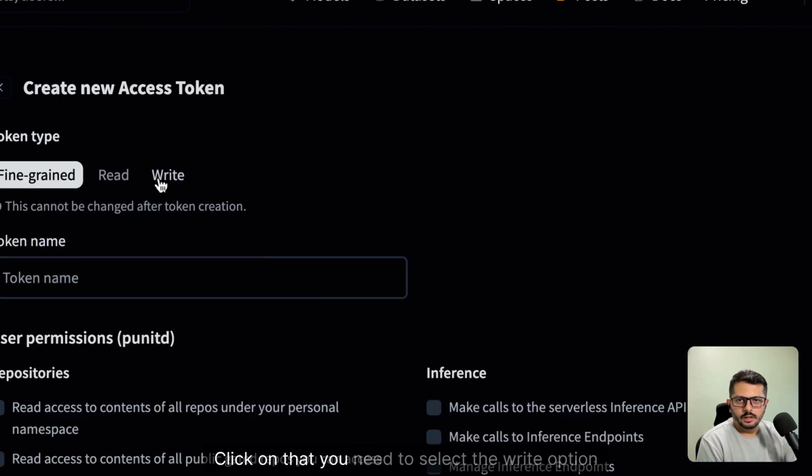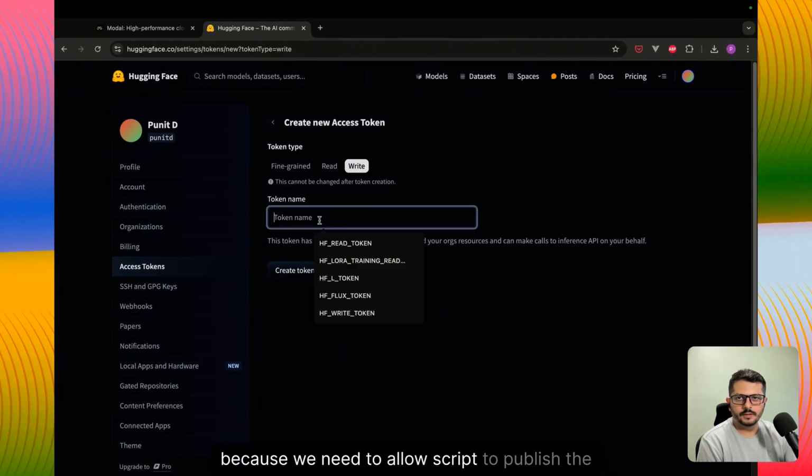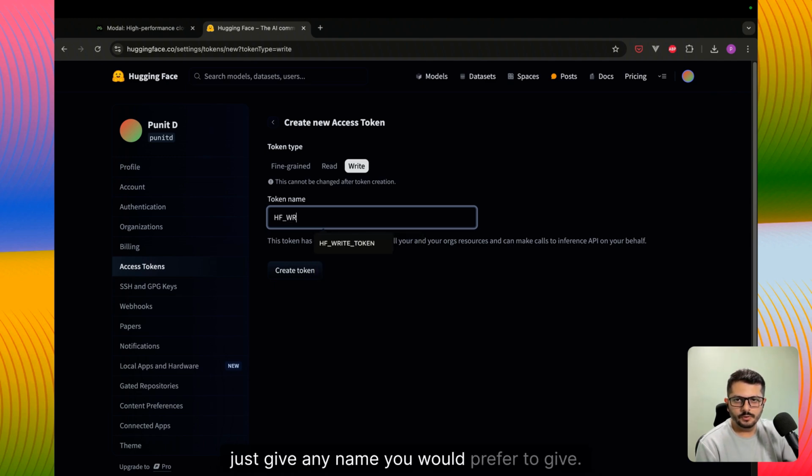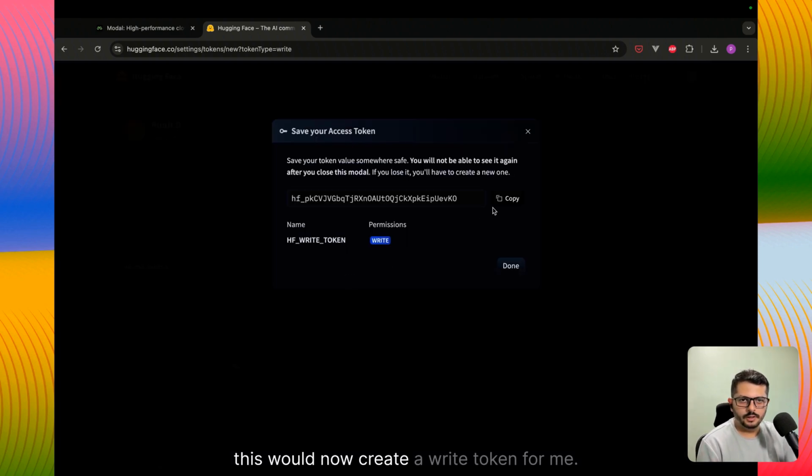Click on that. You need to select the write option because we need to allow the AI Toolkit script to publish the LoRA files once the training is done. For that, you can create a write token and give it any name you prefer. In this case, I'll just write HF write token, and this would now create a write token for me. Make sure you copy this token somewhere and save it in your password manager